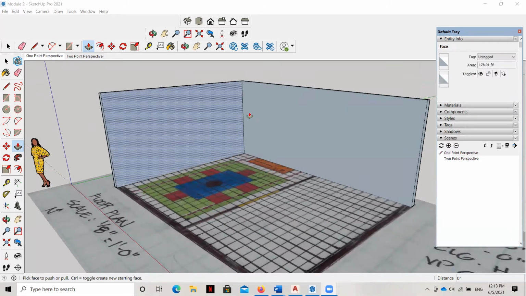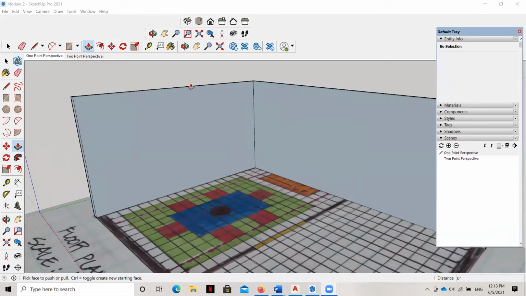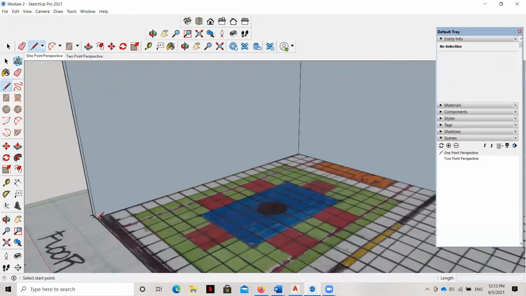The other thing I've done to make this easier for us is I have hidden the floor and ceiling just to make my visibility a little bit easier. So the first thing I'm going to do is create the window that's along this wall here. To begin, I'm going to draw a couple of guidelines. I'm going to begin with a line along the side here, 48 inches tall, because I know that my window is right off the ground there.